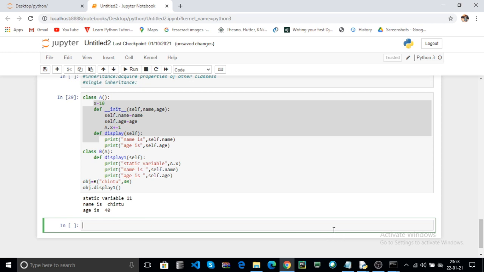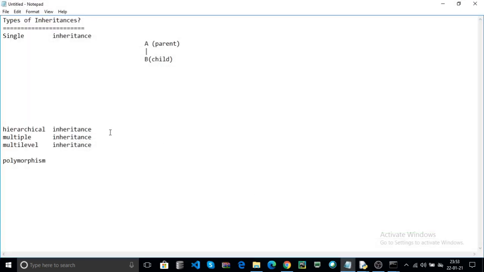Now the next one is the hierarchical inheritance. What does hierarchical inheritance mean? For example, you have one class.